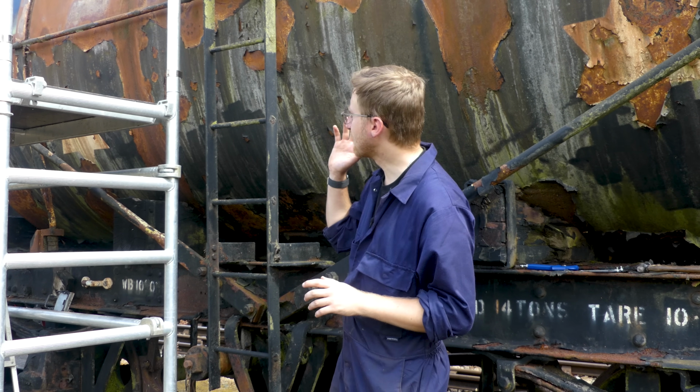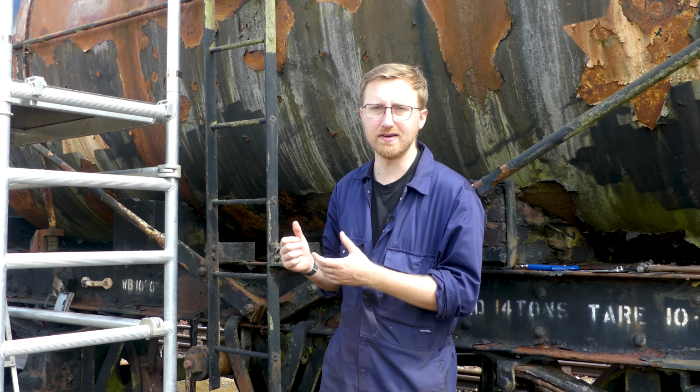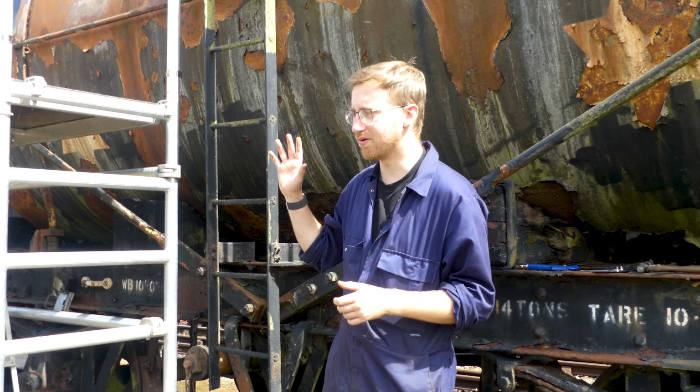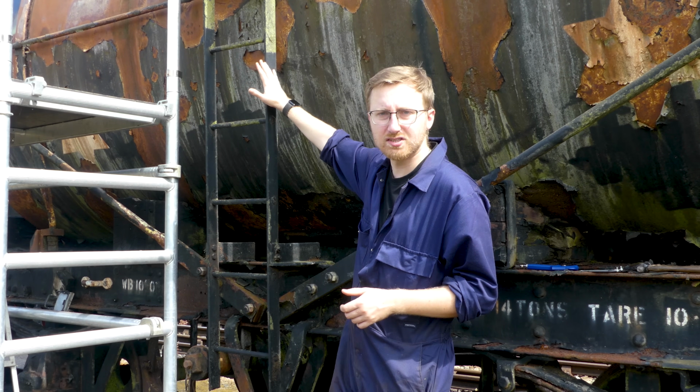So as you've just seen in those first couple of time lapses, I actually just started with the needle gun. Now that needle gun is absolute, I honestly cannot recommend it enough. That thing absolutely melted through the paintwork that I needed to remove. The only issue is that it requires the sort of 100 psi, I think around that, the whole time, and I've only got a small compressor, so after a while it started to become less effective, so I just had to leave it a little bit while the compressor charged back up, and I was able to use it again, and that absolutely made its way easily through,